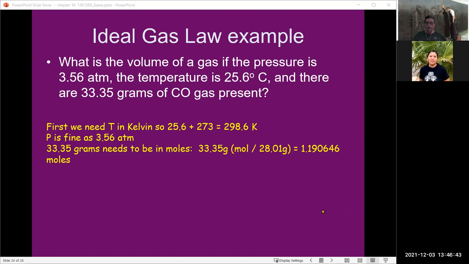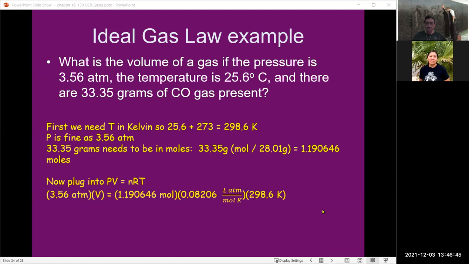That's the number of moles of carbon monoxide. And now we just plug in the numbers and solve for volume. And so the volume we have is 8.20 liters. So at 25.6 degrees Celsius and at 3.56 atmospheres of pressure,